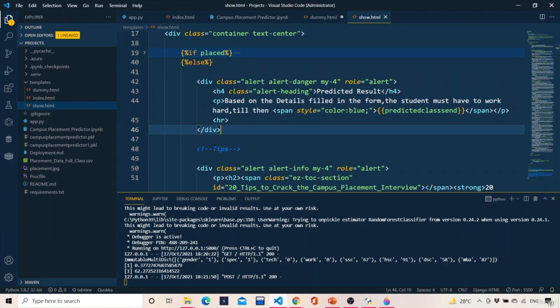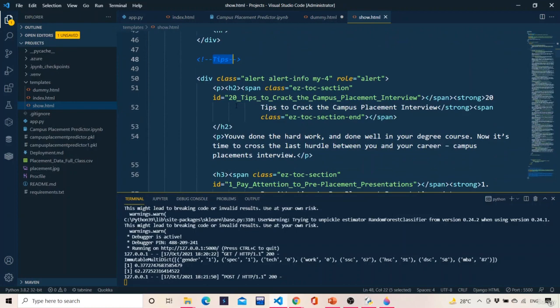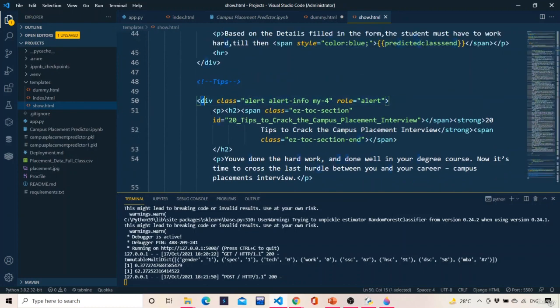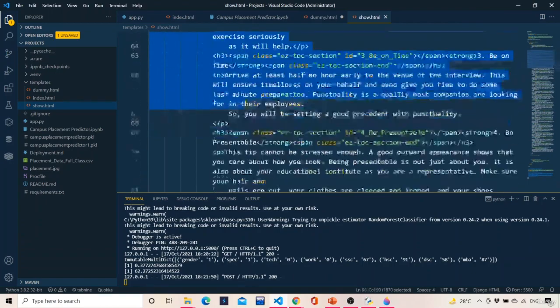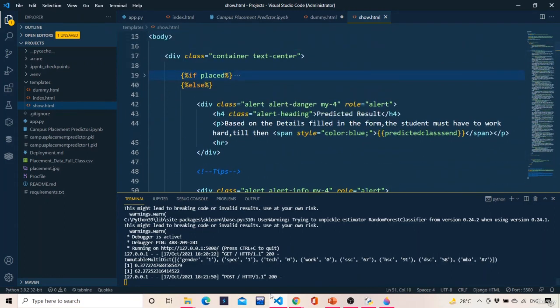But over here, additionally, in order to look good and to give some tips in the UI, I have just copied and formatted this. Basically, I browsed on Google and got some 20 tips, and then I copied that template and did it.